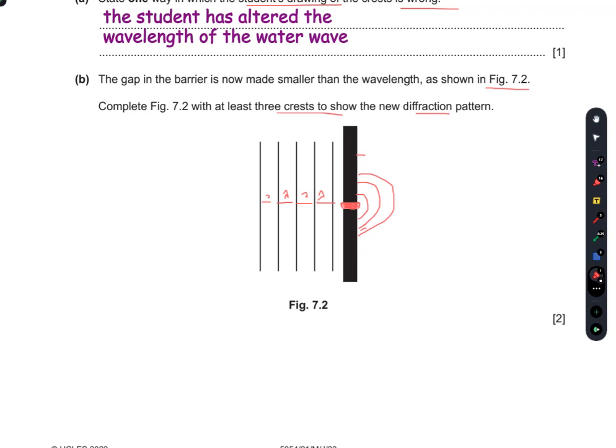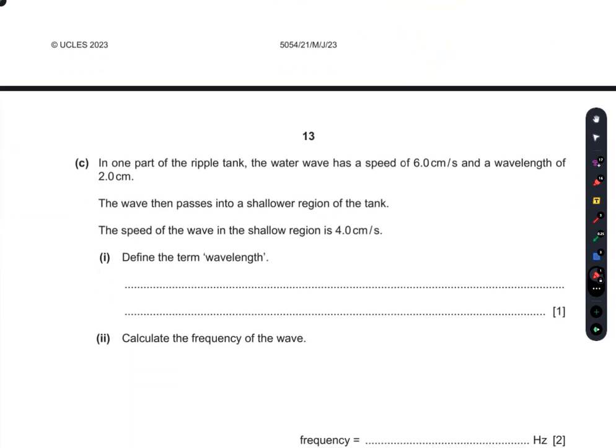You at least have to draw 3, so I think I should draw it properly here. It would be 1. Take care of the wavelength here. You have to take care of the wavelength for 2 and 3. So that would be the pattern, I guess. I think I am doing something wrong here. This drawing looks strange to me, but it is not actually. So the complete drawing would be like this. Now I am satisfied with my answer. So take care of the wavelength. I cannot write properly on my computer. So that's your answer.